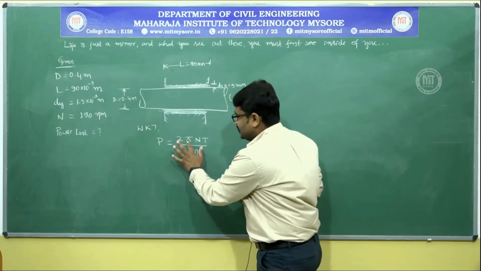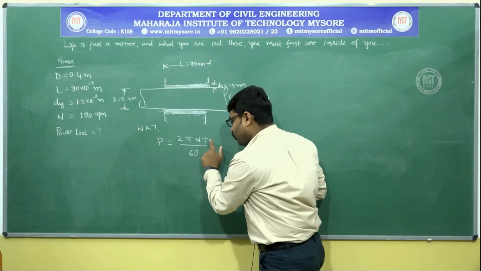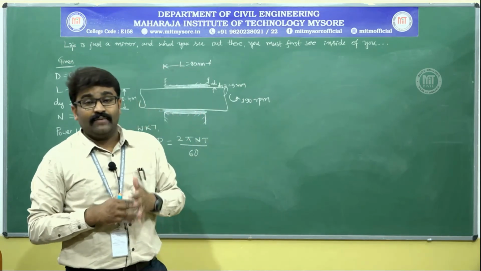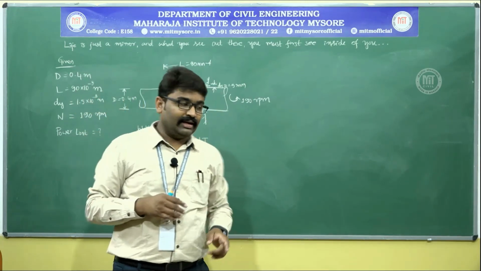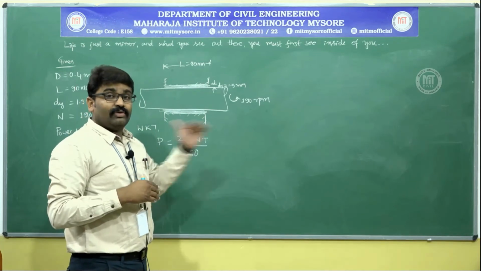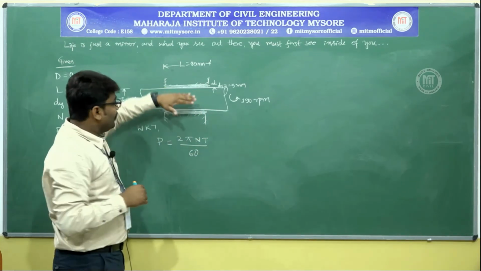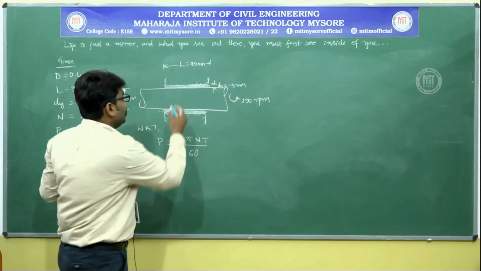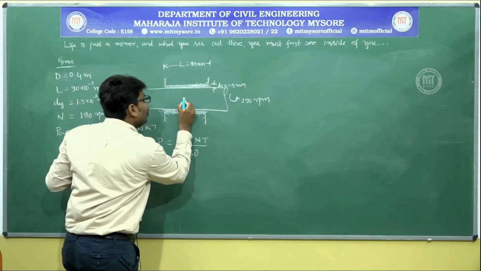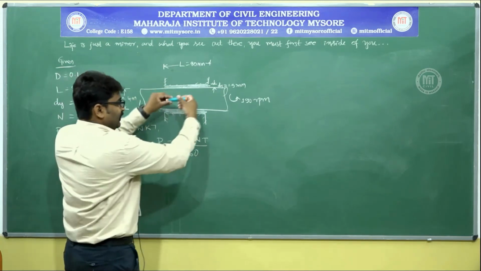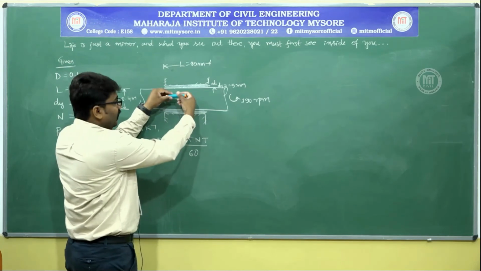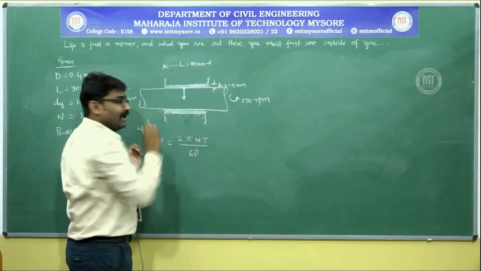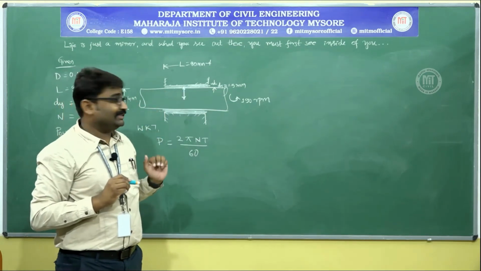Now here pi is a known value, n is given. If you can calculate T, that is torque, you can easily solve this problem. What is torque? Torque is nothing but force into perpendicular distance. What is the force and what is the perpendicular distance? Where is the force now? This shaft is being rotated at 190 rotations per minute about the center like this. Now the distance from here to here is what I mean by perpendicular distance.